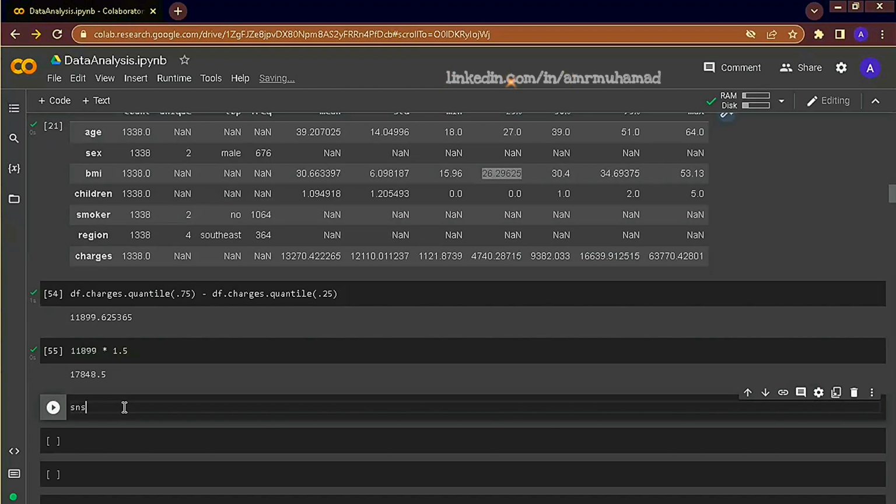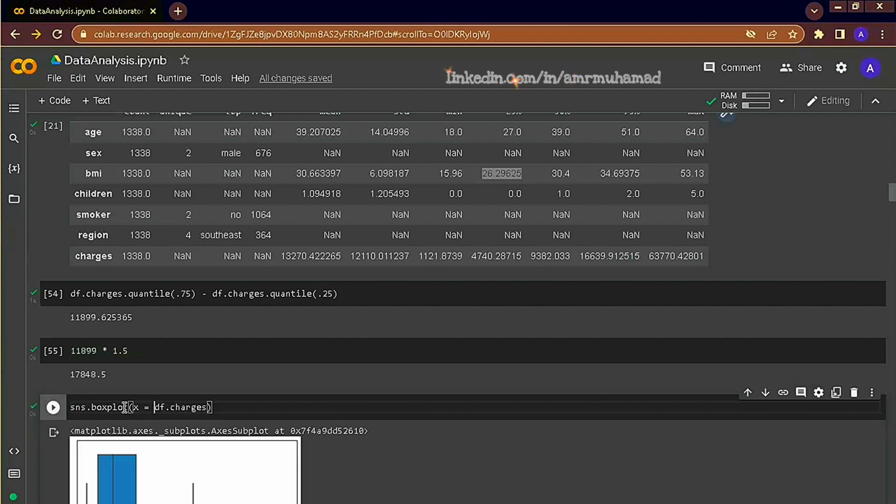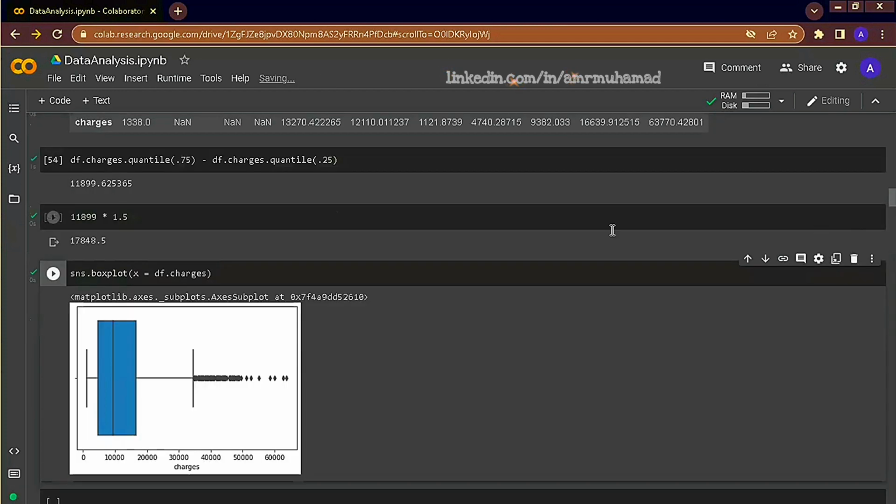And if we want to visualize this, we can use a box plot. So we visualized the charges column using a box plot, and the box plot simply conveys the calculation we've just done here. This box here represents the middle 50% of the data.